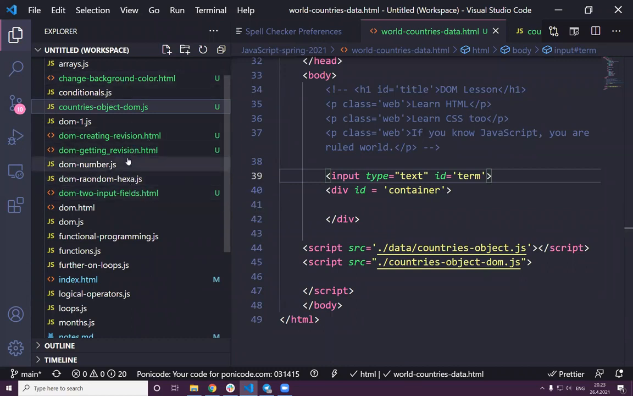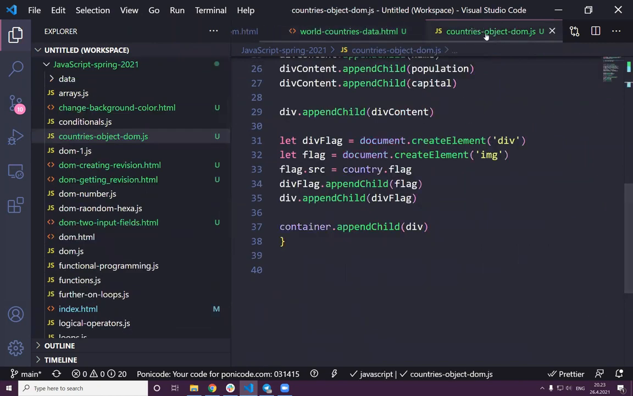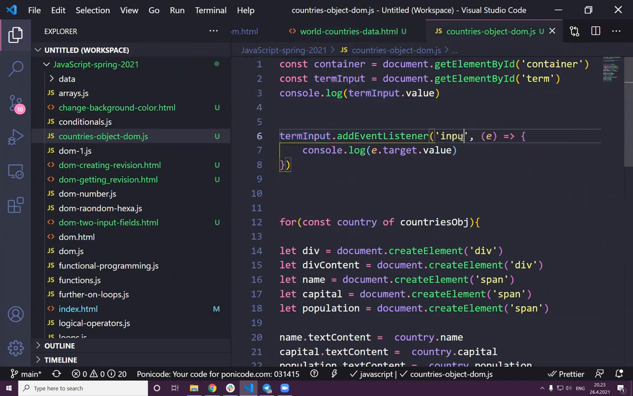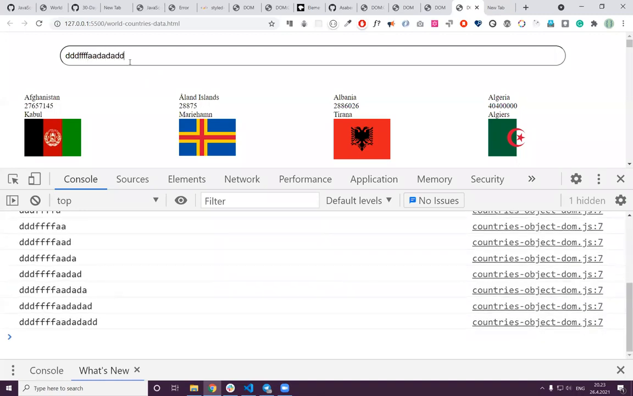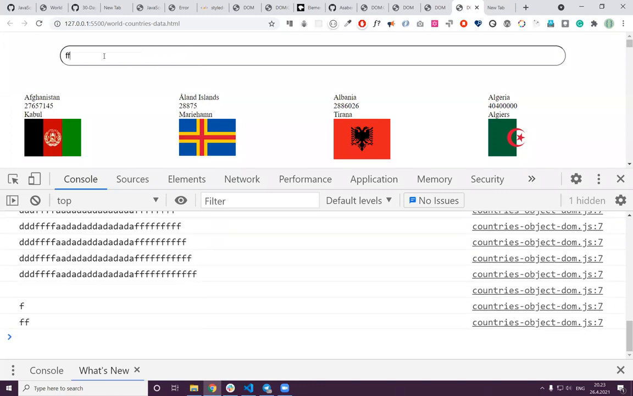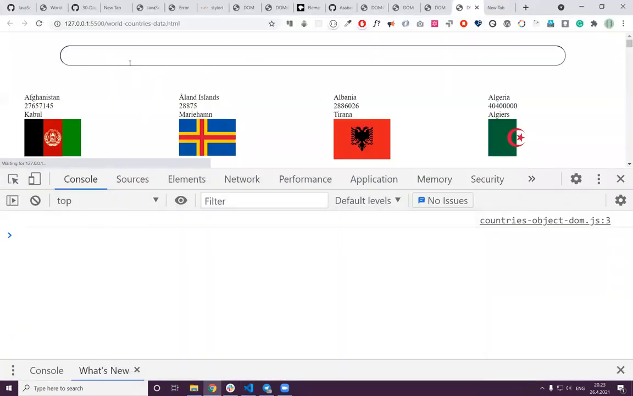I don't like that. So we can change it to input. Let's see how the input event type works. Have you seen? This checks everything we write. This is what we want. Because it checks. Or maybe keydown or keyup. For instance, keydown. Whenever we write a key,